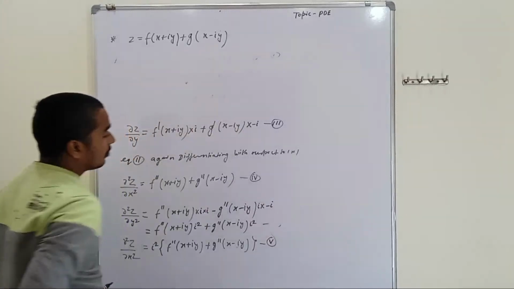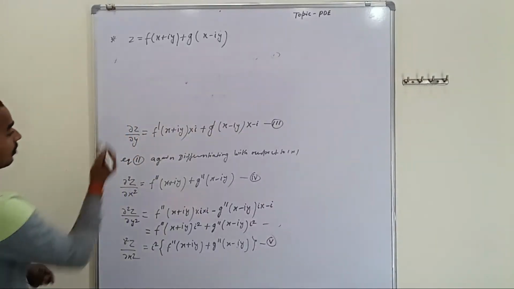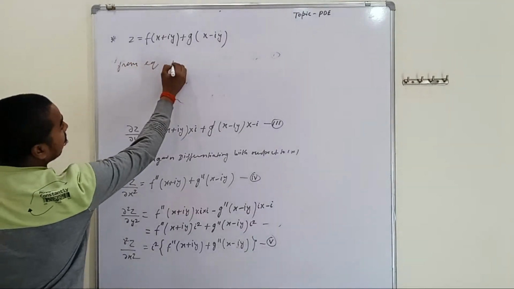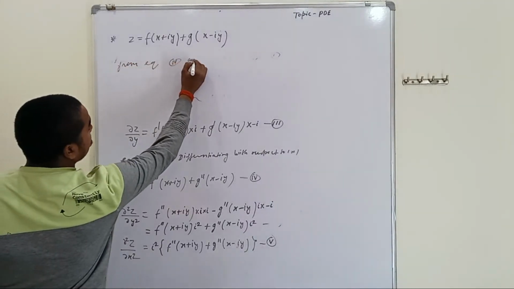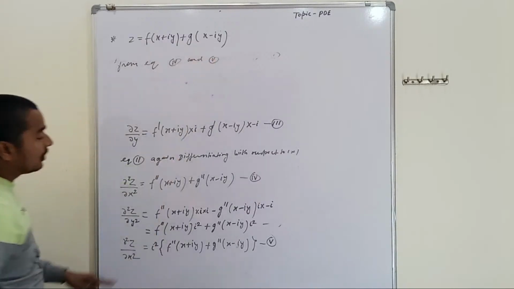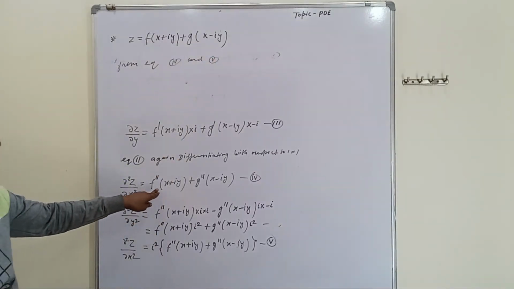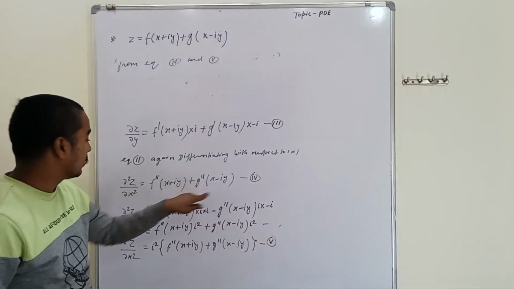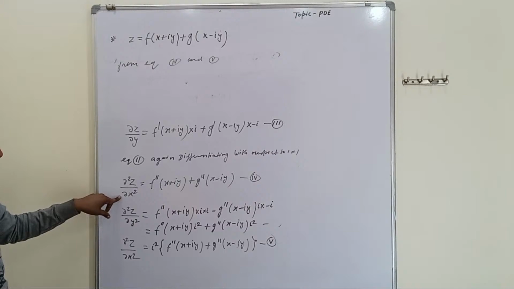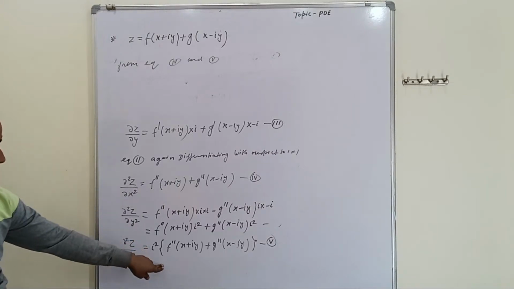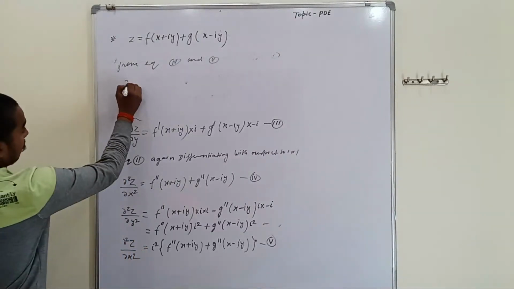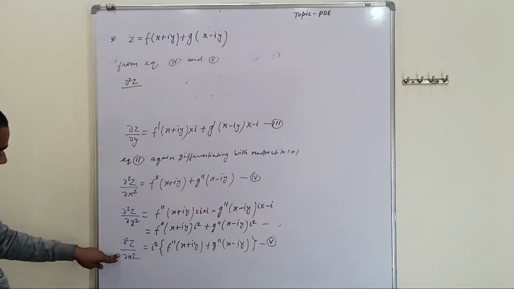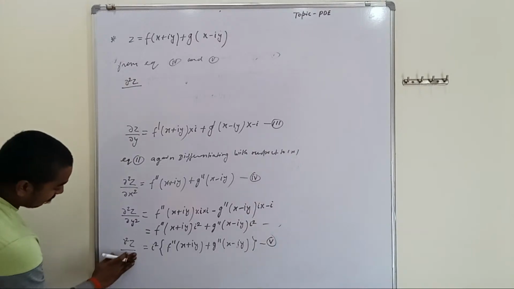From equations 4 and 5, we have to eliminate the arbitrary functions, that is f double dash of x plus iy plus g double dash of x minus iy is equal to del 2z upon del x square. Putting in equation 5, that is del 2z upon del y square,